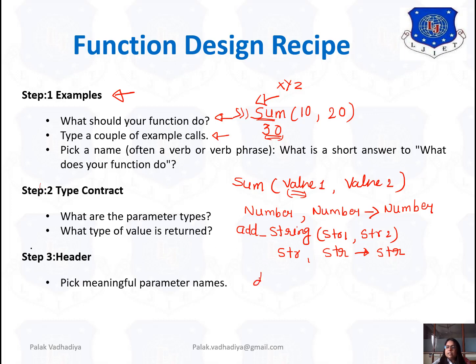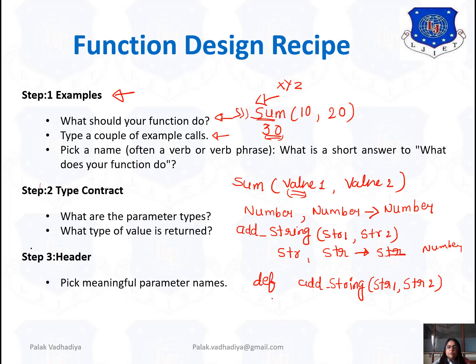Suppose you want to calculate the length of a string, right? Your function will calculate the length of the string. So my definition of the function is def len underscore string. By using this name, you can clearly understand this function will calculate the length of the string. And here what I am passing? A string. So when I want to write the type contract for this function, here I have to write string. And what does it give? It gives me a number, that is the length of the string. Maybe it's 1, 2, 3, 4, 5, that depends upon the string. So I hope this is clear. What is a type contract and header?